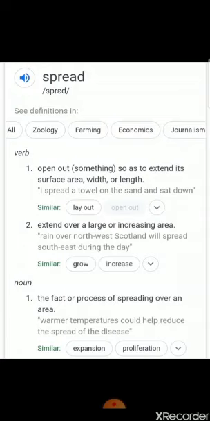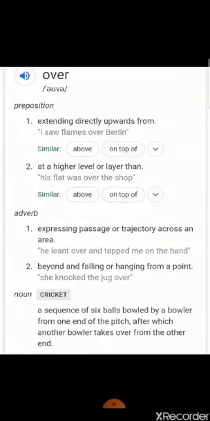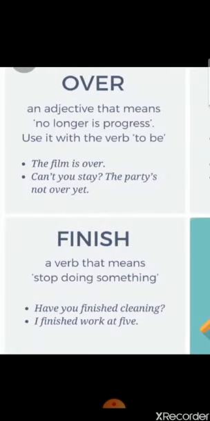And she can't use them anymore. She thought her life was over. What is the meaning of over? There are many meanings for one word. In this paragraph, what is the meaning of over? She thought her life was over. Finish. That is the meaning in this paragraph. Her life finished. She thought like that. A verb that means stop doing something. So she thought she was not able to do anything. She felt like that. So that is the meaning here.